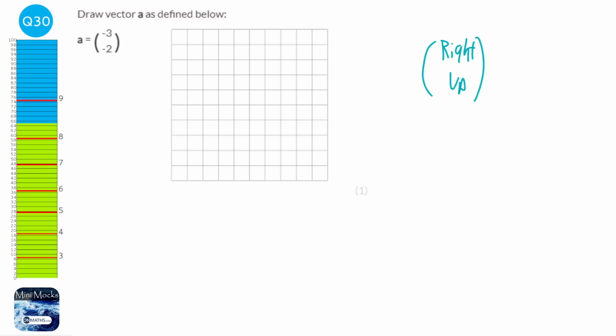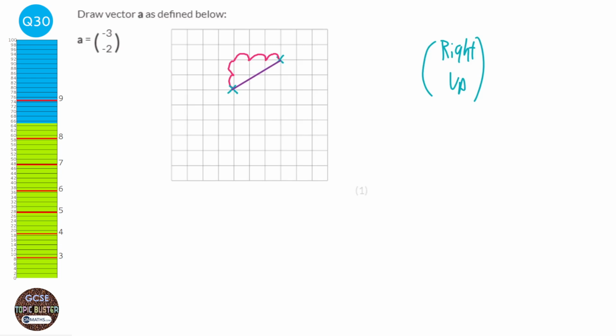So to start this off, what we're going to do is just put a point anywhere on this grid, and we're going to go 3 right, so 1, 2, 3, and we're going to go 2 down, so 1, 2. Let's show that point there, and then all we need to do is join up these 2 points with a straight line,